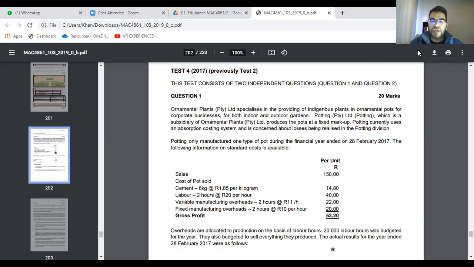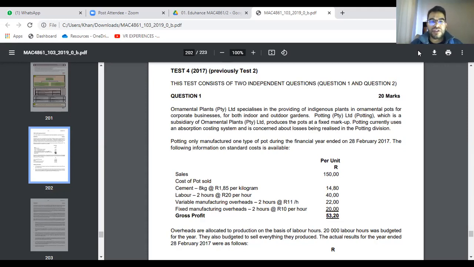Now, take note that they have a divisionalized business. Why is this important? When you see the word divisionalized, what must trigger, because remember, in an exam, you don't know this is a standard costing question because you're reading the scenario, right? You're only going to know once you read the required. Now, when you see the word divisionalized, what must trigger is transfer pricing and management performance. Okay, we're going to do that in a next lesson. So transfer pricing and management performance must trigger when you see